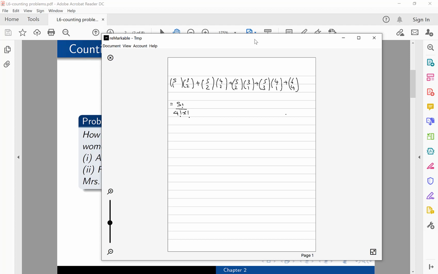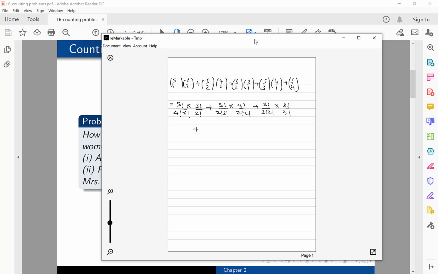So I'm not going to write 1 factorial because 1 factorial is 1. Times 3 choose 2, that's 3 factorial times 2 factorial times 1 factorial, but I'll again not write that. That's 5 factorial over 2 factorial, 3 factorial, times 4 choose 2, which is 4 factorial over 2 factorial times 2 factorial. Then we have 5 choose 2 again, that's 5 factorial over 3 factorial, 2 factorial, times 3 choose 2, plus